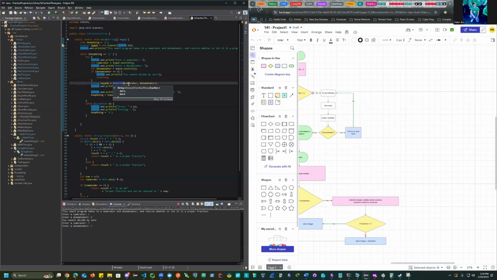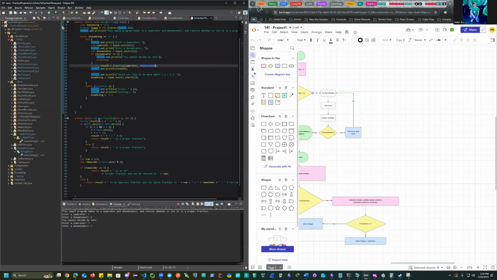our fraction method, which passes along our two integer values of numerator and denominator. And here you can see we have a string method, string fraction, which takes in two integer values. We first assign our integer values to the result variable. You see here that's formulated inside of our output method that was required by the prerequisites. It then goes through this